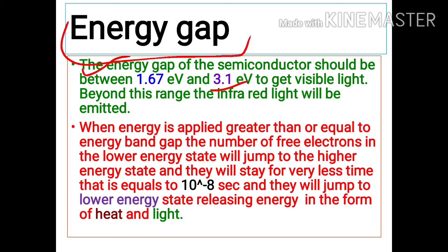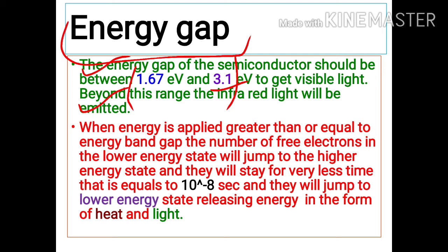You need to remember this point, that if we want to construct the LED, then we need to choose such types of semiconductors whose energy band gap lies between 1.67 electron volt and 3.1 electron volt. If we select in this range, then only we will get visible light. Otherwise, if we use an energy band gap beyond this region, either a higher energy band gap or lower than 1.67, then we will get invisible light, that will be infrared